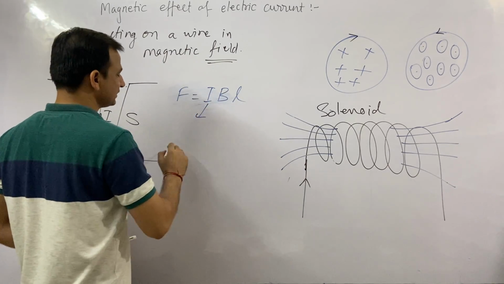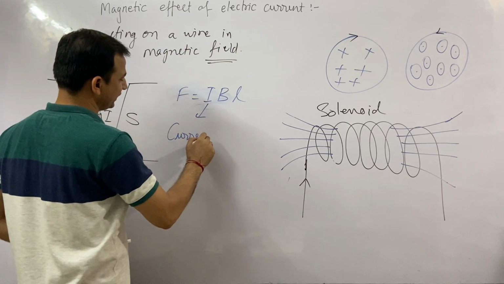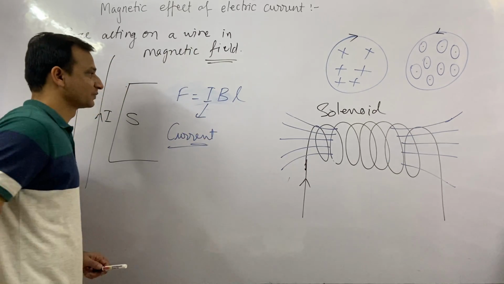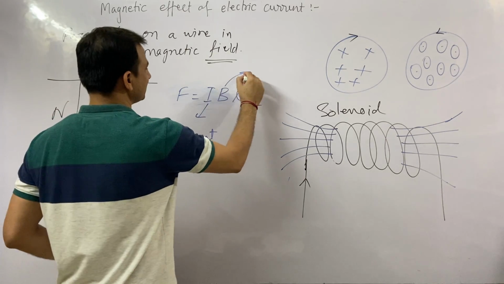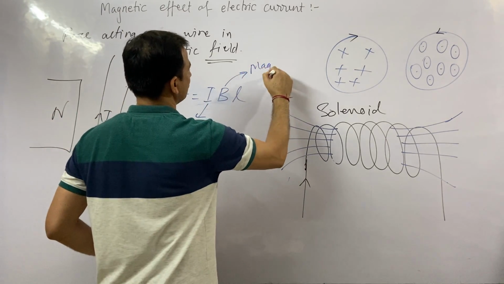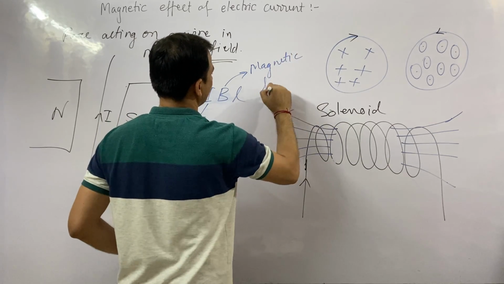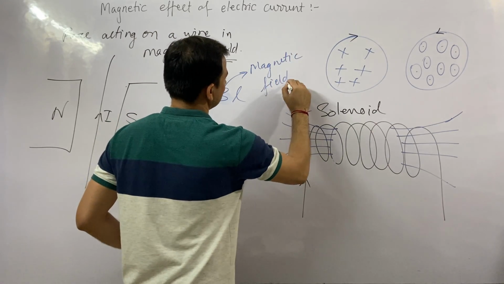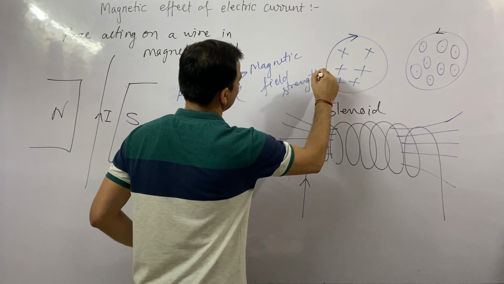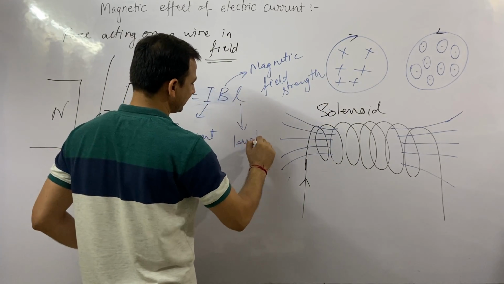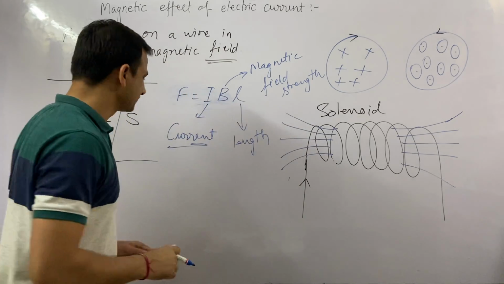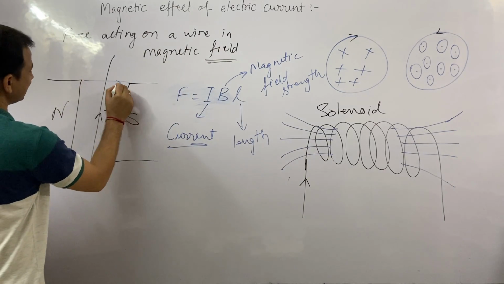Here I is the current which is flowing in the wire, and B is the magnetic field strength, and L is the length of the wire, not the total length of the wire, the length of the wire which is in